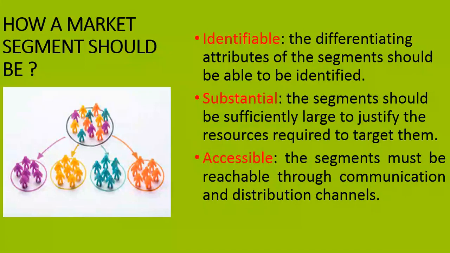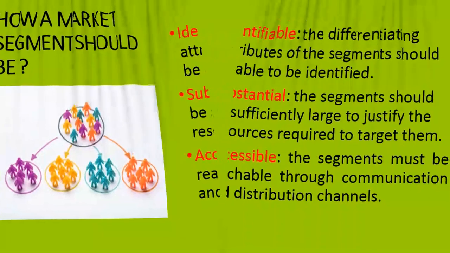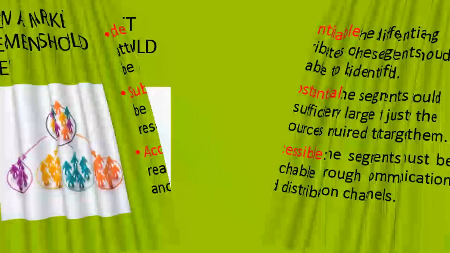It should be accessible. As I mentioned, the segment must be reachable through communication and distribution channels. For example, if my limitation is within the city of Pune, I will be able to tap the market which is within the city, and I may not think of anyone who may have a similar need and want but is located probably in Bangalore or probably out of India, somewhere in USA. So it's not accessible for me, and I will not be able to reach them even through various distribution channels. So my market should be identifiable, substantial, accessible, and very importantly, other three factors which should be looked into are: